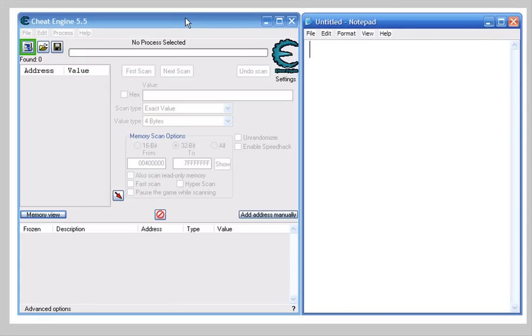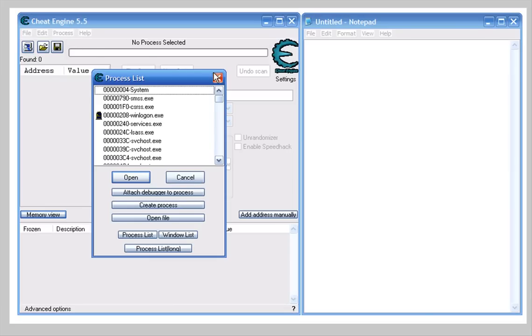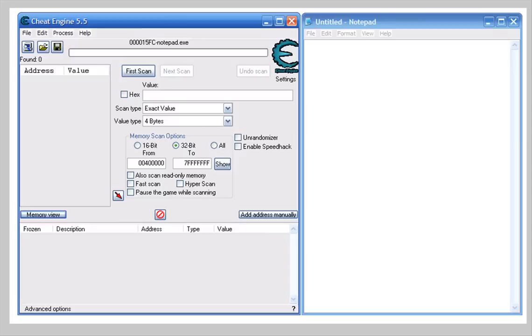So what you're going to need to do is get an application called Cheat Engine and open up Notepad. If you've got Cheat Engine, open it up and click on this computer button here. What we're going to do now is open Notepad in Cheat Engine. Once you've done that, let me explain some stuff about